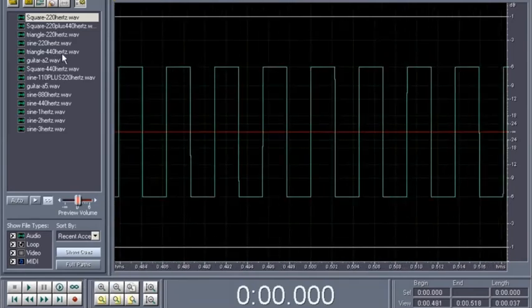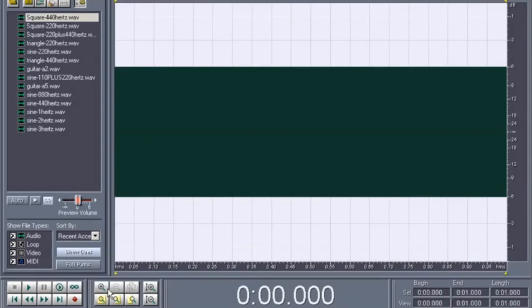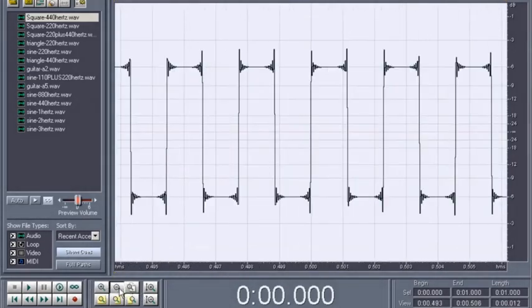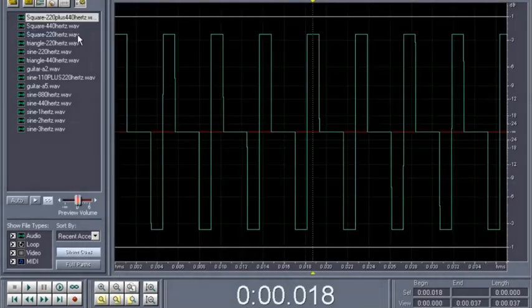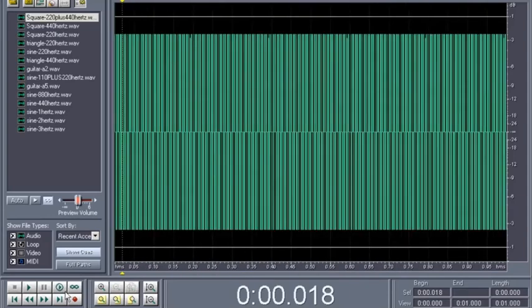And I've got the square of 440 somewhere else, right here. And this is just the output of both of these combined. And that looks like so. And it sounds like so. So these simple waveforms are actually the basics of synthesizers, where we can actually combine simple waveforms and manipulate